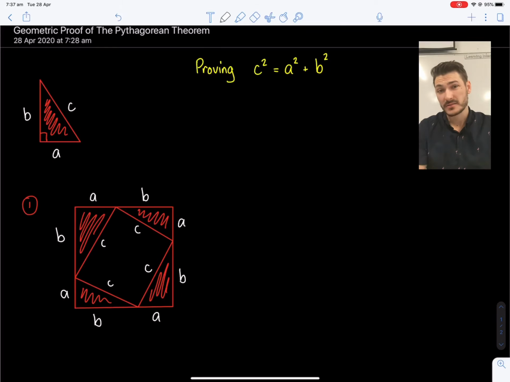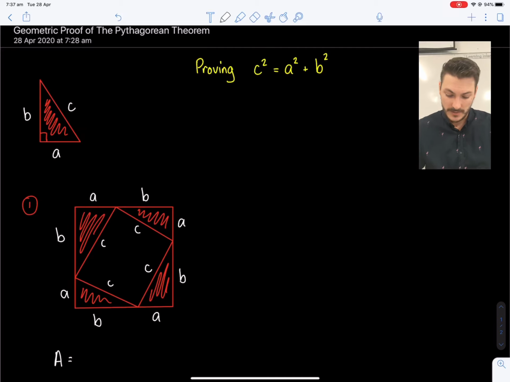So the outside square, I need to establish one thing about it. I need to say that the area of the outside square is equal to side squared, as we know, which is going to be equal to, in fact, we actually don't know that this is a square yet. I've told you it's a square, but we haven't proved it yet. So what I'll do is I'll say this is certainly a quadrilateral, and it's certainly a rectangle because we're using right angled triangles in the corners. So we know all the corners are right angles, meaning this is at the very least a rectangle,